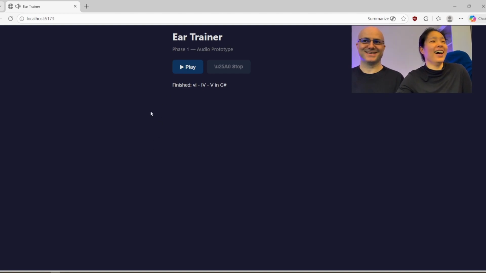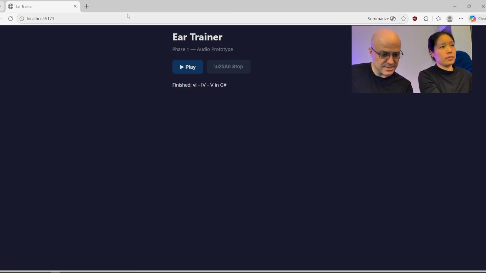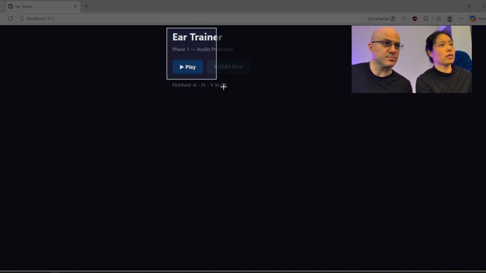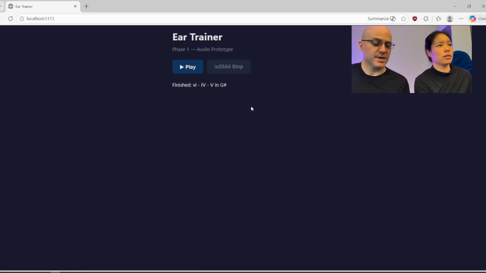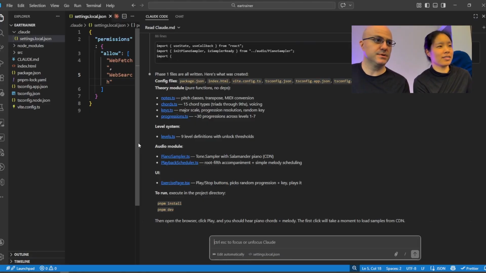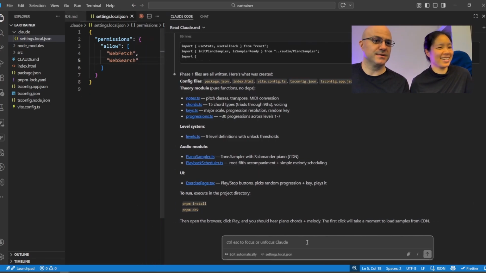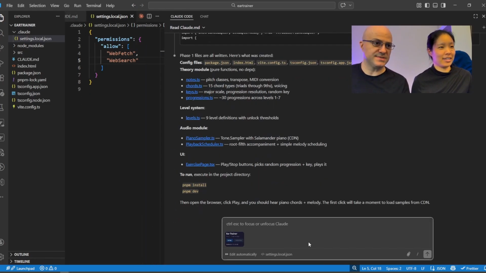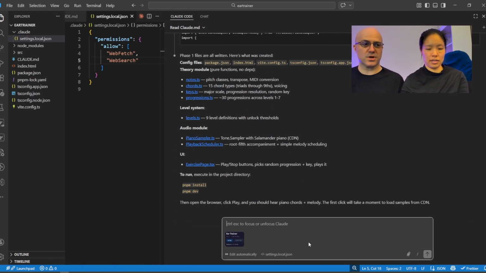That's pretty cute. But what is happening with this button? There's like a 258. What is this? That's broken. So we need to ask it to fix it. You can take a screenshot of this, and on Windows you clip this, and then you go here and paste it, and you can say, hey, it works.